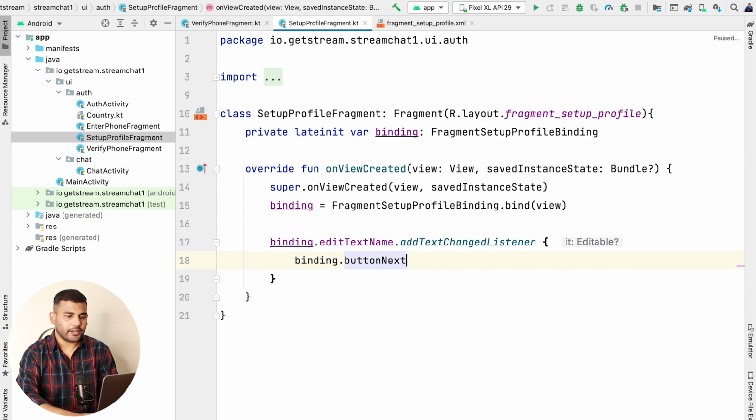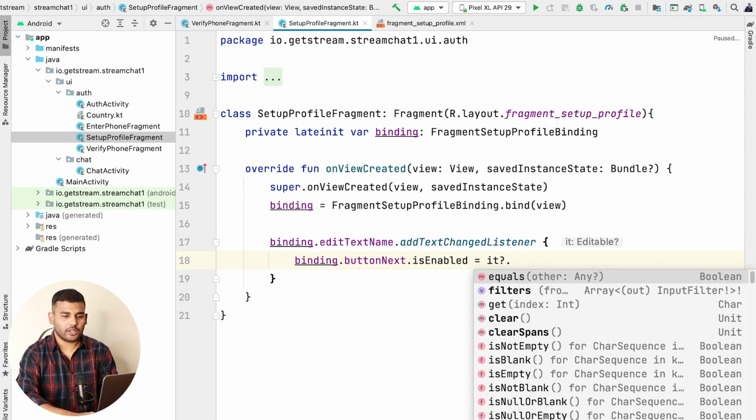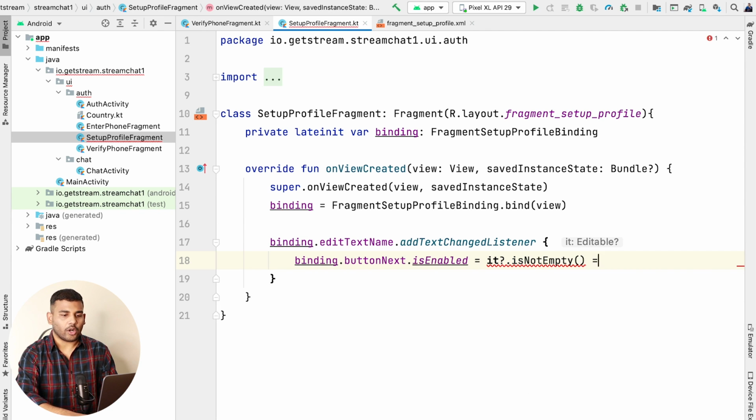So I will write binding.buttonNext.isEnabled equals it.isNotEmpty, and it should be true. So if the entered text is not empty, that means enable the button. In any other case, disable it.